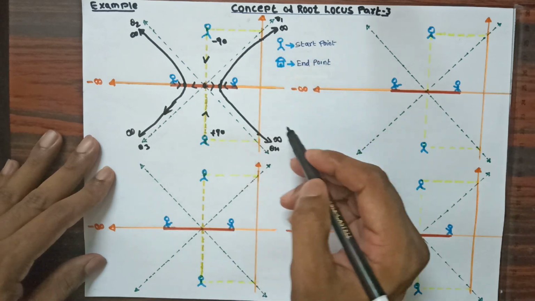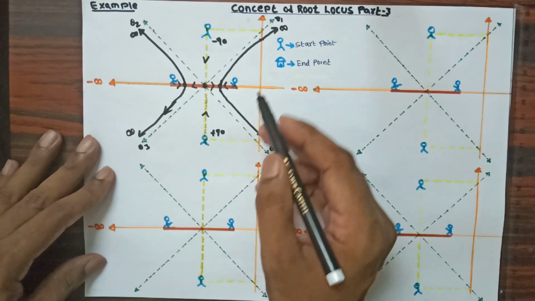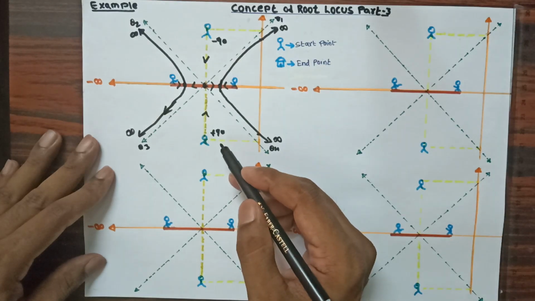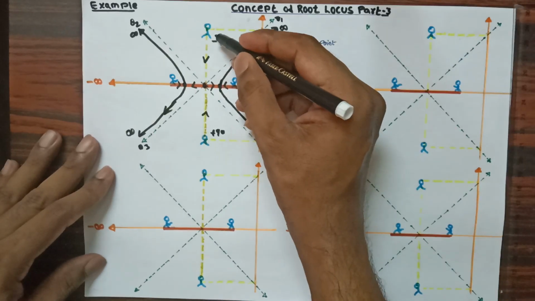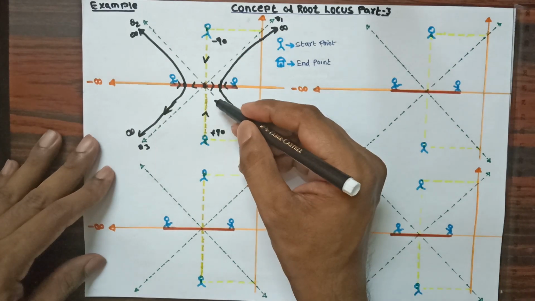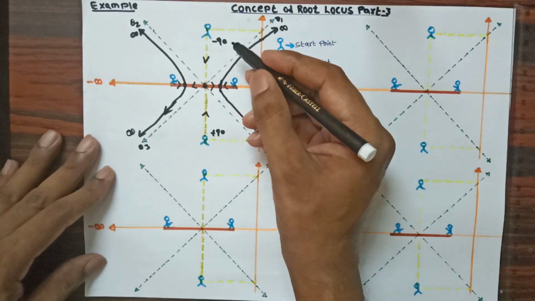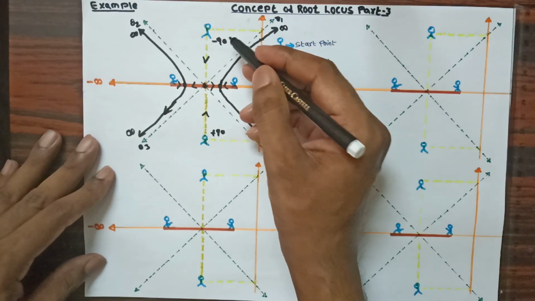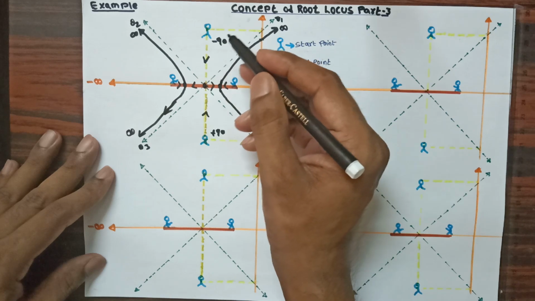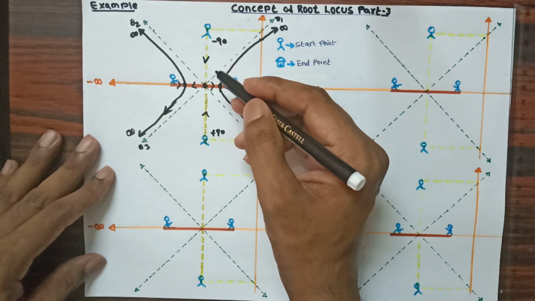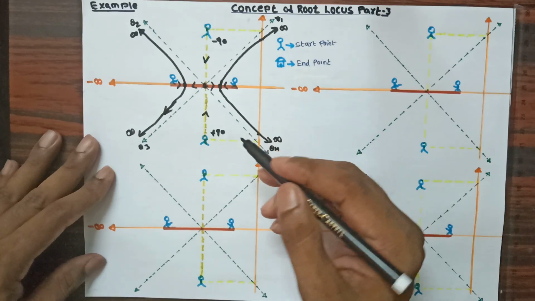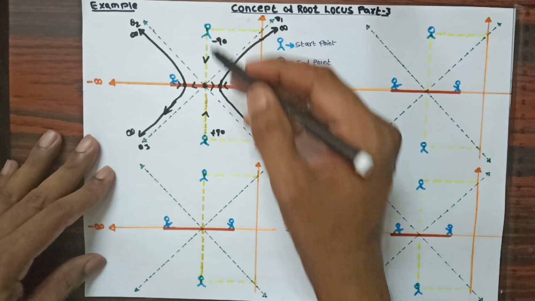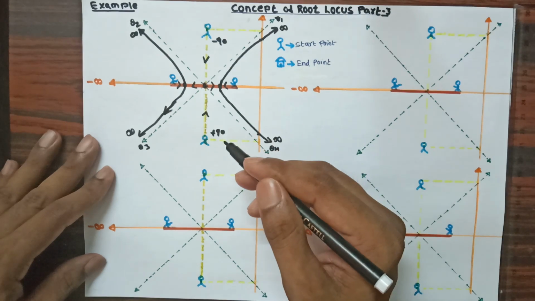So you can see it is symmetrical. In this way, four persons are going to move towards infinite destination. Remember, in this I have provided the angles for them as minus 90 degrees and plus 90 degrees. The angle can be anything from 0 to 360 degrees. Based upon the given angle, they need to come out, and then they need to follow the angle to move towards infinite destination. So remember, when a person is on the y axis, then they need to follow two angles.